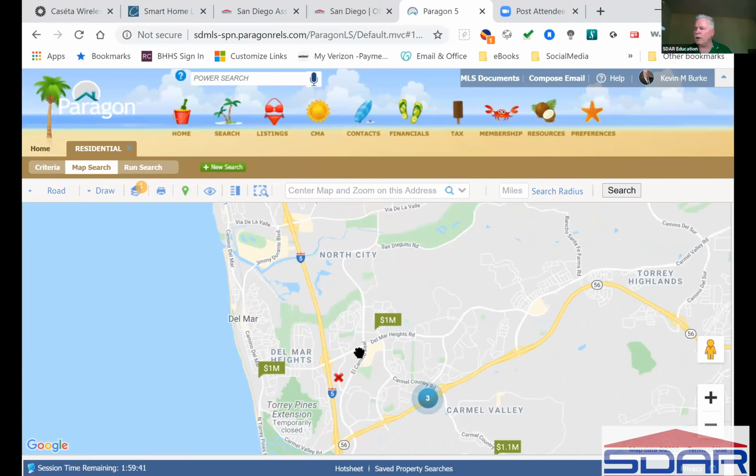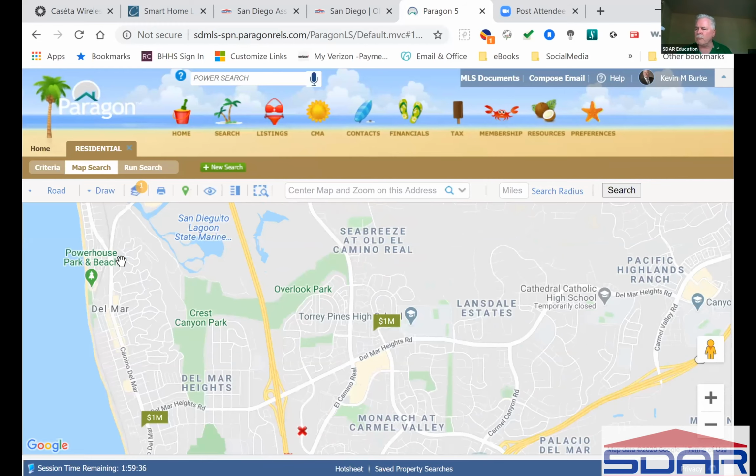Okay, so when I look in Del Mar, this area here is old Del Mar, but Crest Canyon is the dividing point. All of these homes are in Del Mar zip code, but City of San Diego services. So I might want to go ahead and draw a map to see which properties fall within that boundary. Obviously, there aren't a whole bunch. That X, by the way, the search button will always pop up with your office address unless you change that at some point. So going back to my criteria,